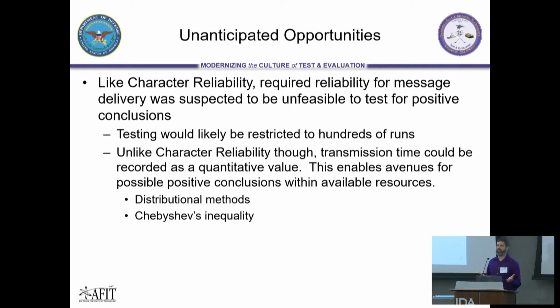If within a couple hundred data points we can say that it follows a certain distribution, and that distribution has an acceptable failure rate or tolerance interval, then we can say we have rigorous statistical support for that. Okay? And there are non-parametric methods as well, such as Chebyshev's inequality. If any of you are familiar with that, it sets an outer bound for how far away a certain proportion of the population can be from the mean, regardless of distribution.